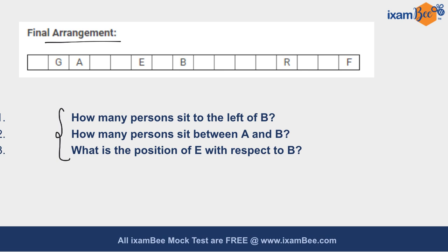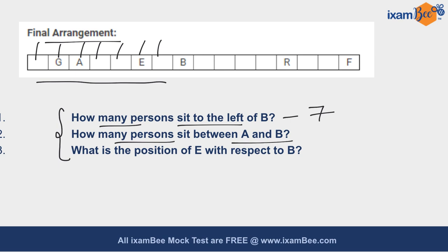So your first question says how many persons sit to the left of B. So you can count the number of persons to the left of B. Clearly there are 7 slots over here. So the answer for this particular question is 7. Your second question says how many persons sit between A and B. So you can count the number of persons who are sitting between A and B. Clearly 4 persons are sitting